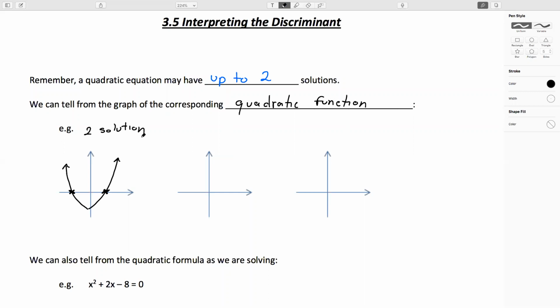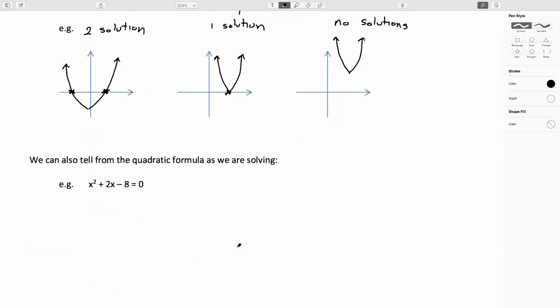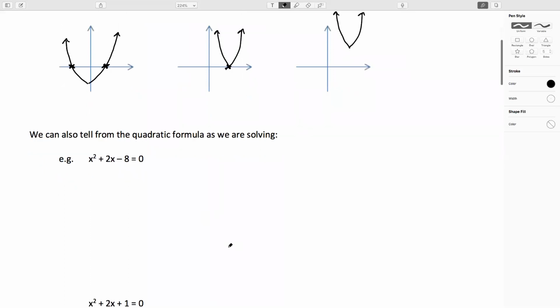If you have a quadratic function that touches in 1 place, well, that's only going to have 1 solution. And there is the possibility that it doesn't cross the x-axis at all. You could have a quadratic function that just exists up here, never crosses. This one has no solutions. And actually, I should be cautious, no real solutions. We can also tell from the quadratic formula. So we can actually go ahead and solve with the quadratic formula, and that will tell us